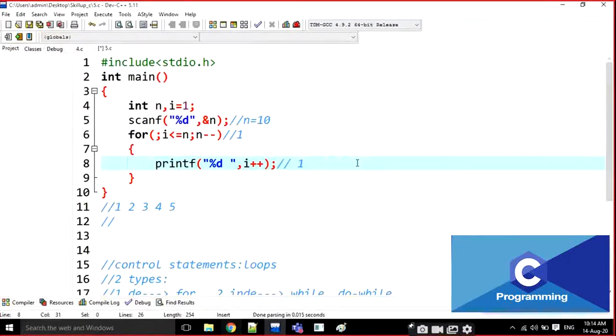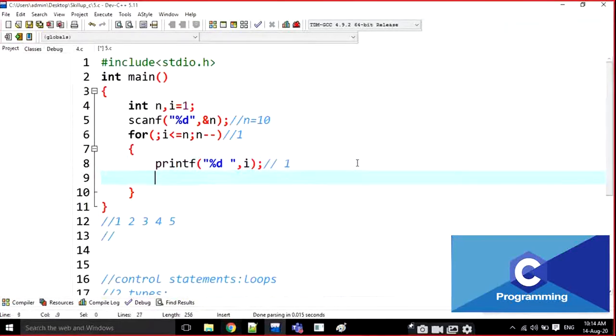Okay? That is post increment. It is equal to this: it is printed here, and I is equal to I plus 1 like this. That's why it is printed first and incremented next. That is pre-increment and post-increment. Okay, that's it. Clear, I think.